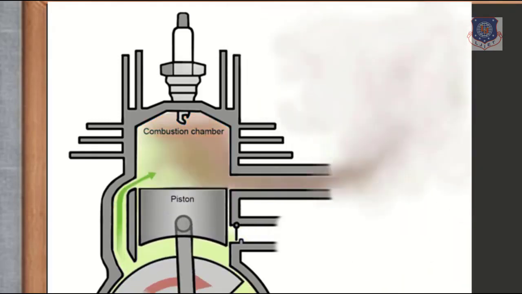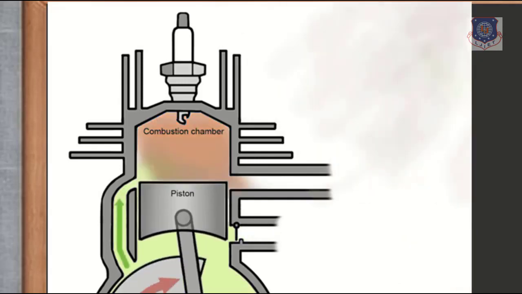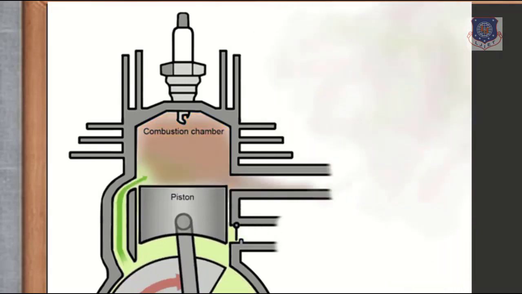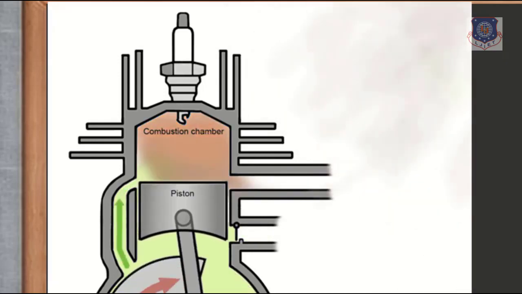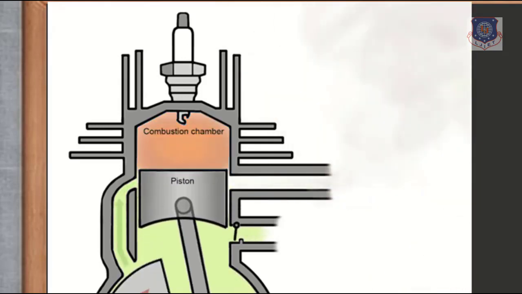Fine. So the piston is coming downside in the expansion stroke. First it is opening the exhaust, so exhaust is going outside. Thereafter, slightly after exhaust, the transfer port will be opened, so fresh charge will come inside. I am repeating all the things again. In expansion of the piston, that means the piston is moving downwards, it is always called expansion. In expansion of the piston, we are getting power, thereafter exhaust, and thereafter the fresh charge will come inside the combustion chamber from the crank.